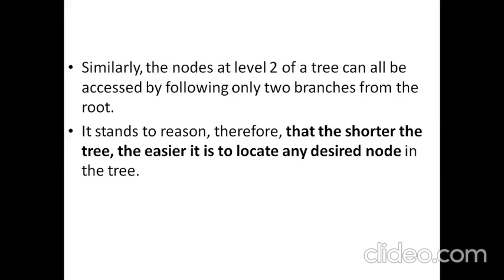If you recall, we have seen that for a given number of nodes, we can construct the tree to have the maximum height. We saw that for the given number of nodes, we can even construct a tree to have the maximum possible height. But such a tree will be highly inefficient when you want to search. So the more efficient tree is the tree that has the minimum height for the given number of nodes. That is the way we can improve the search efficiency, by keeping the tree height shorter.